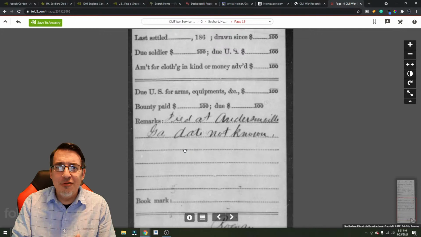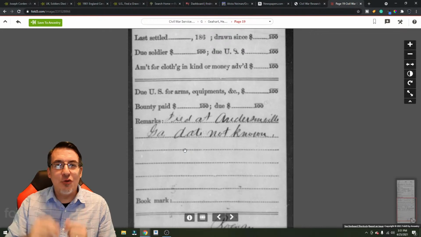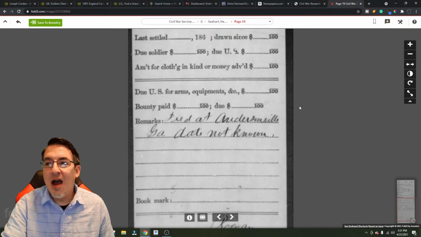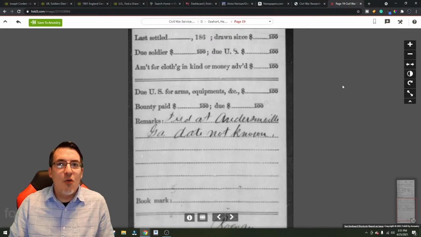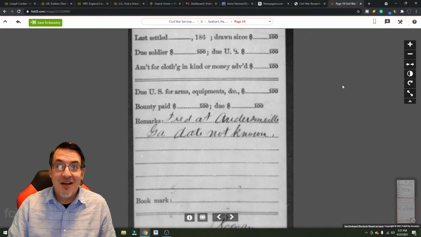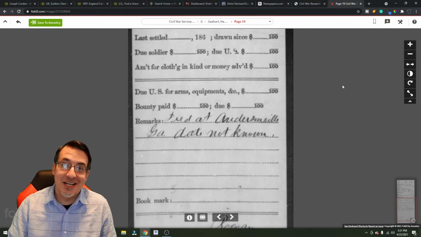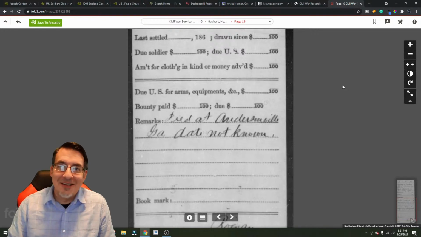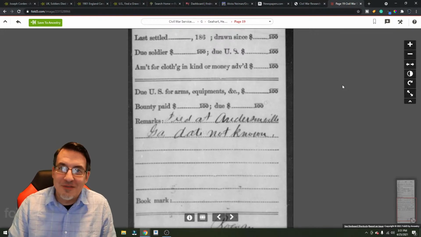I know that my ancestor Samuel Hughes was in the 20th Ohio. And when I go and I look and I see that the 20th Ohio was at the Battle of Shiloh, I'm thinking, wow, that's cool. I wonder what he did at the Battle of Shiloh. I wonder where he fought. And then I find out, he was in Lew Wallace's division. Lew Wallace's division is the one that got lost when they were supposed to be reinforcing. And they marched around half the day. And Grant was really mad at Lew Wallace because he didn't show up on the battlefield to help them defend